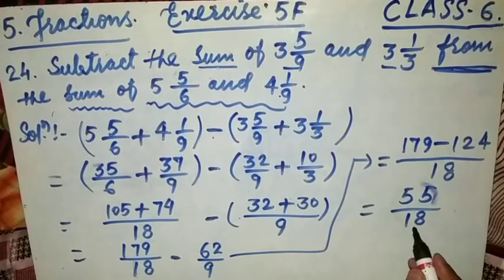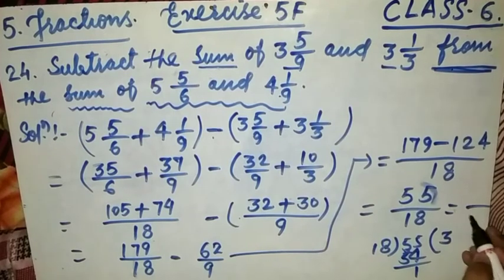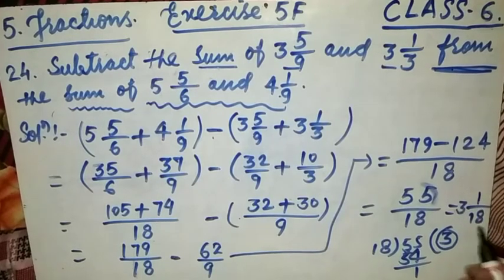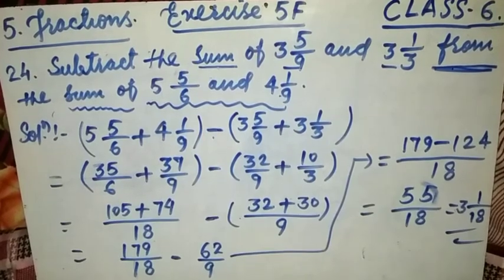Now we have to divide this 55 by 18, 18 3s are 54. Okay, 1 is here. Now write 18 as it is, the denominator, so this 3 remember is over here and this 1 is up. This is your answer. I hope you will understand. Okay, so students see,